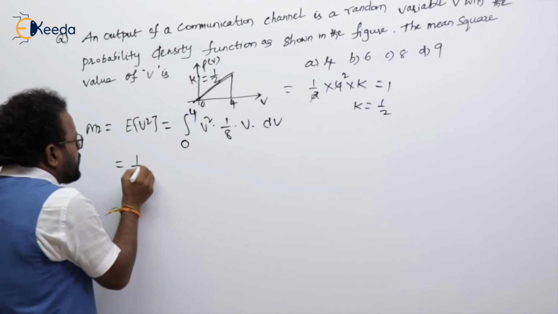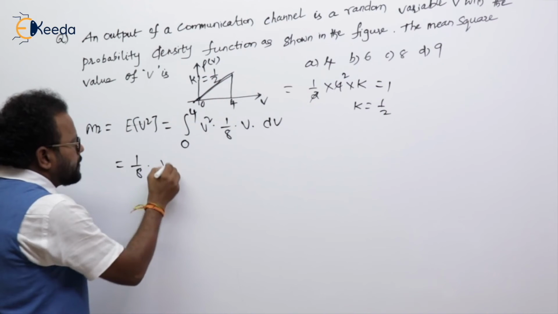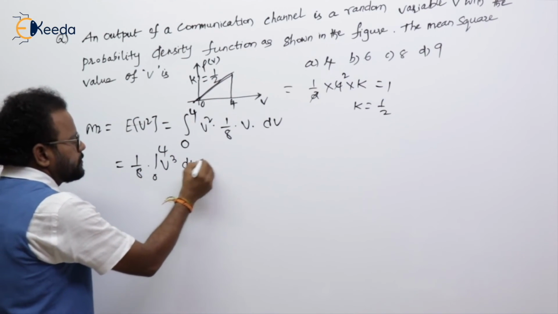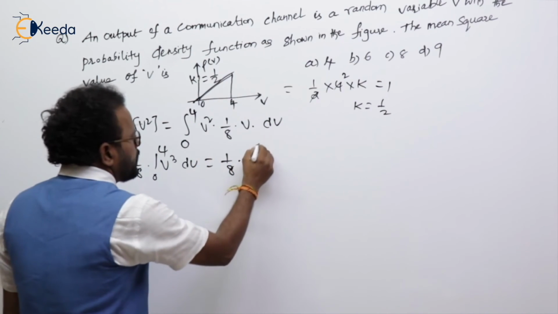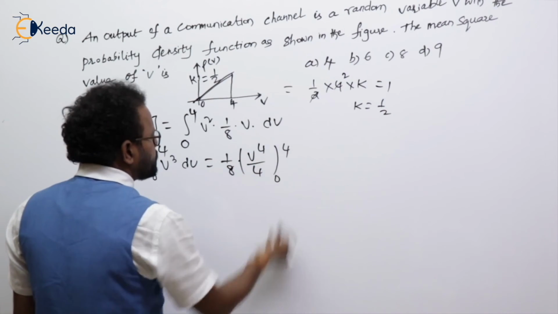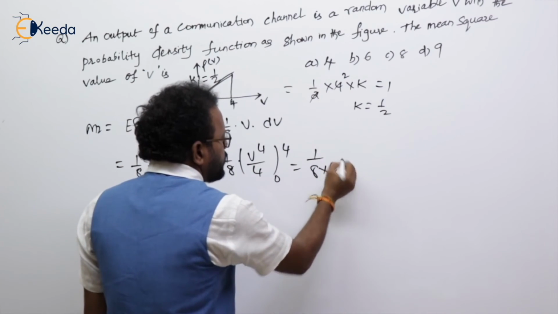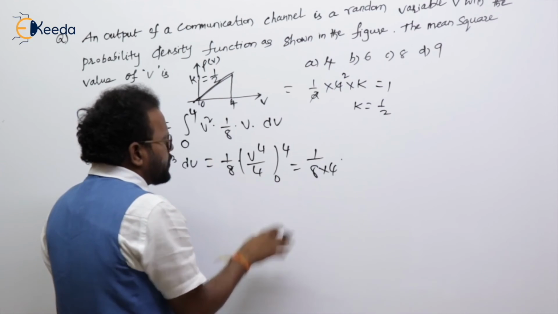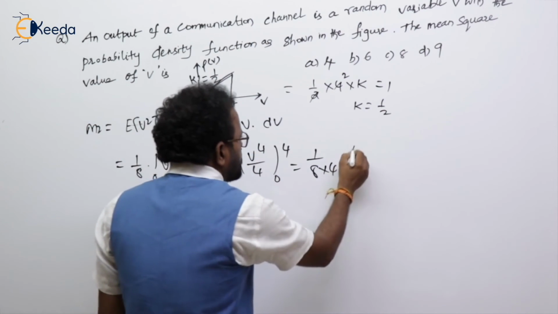So I can write 1 by 8 outside. V square into v is nothing but v cube, integral 0 to 4. So 1 by 8 v cube integration, v power 4 by 4, limits are from 0 to 4. So I can write 1 by 8 into 4. If we substitute, the lower limit is already 0, no need, and 4 power 4 is nothing but